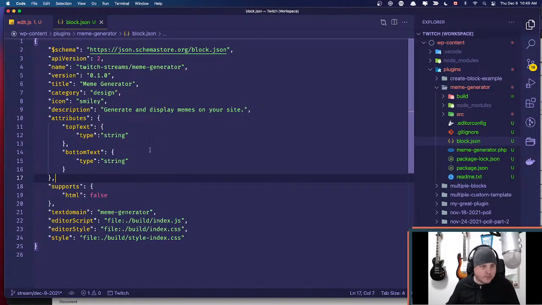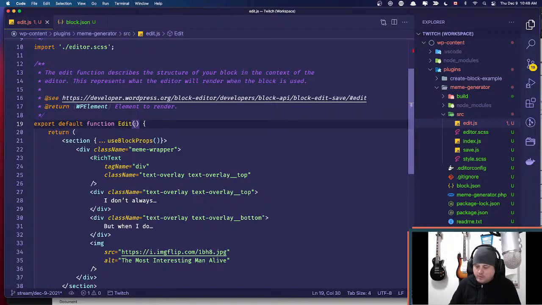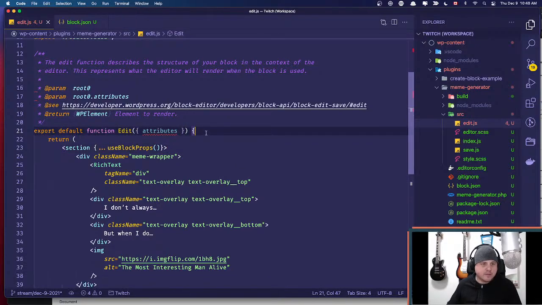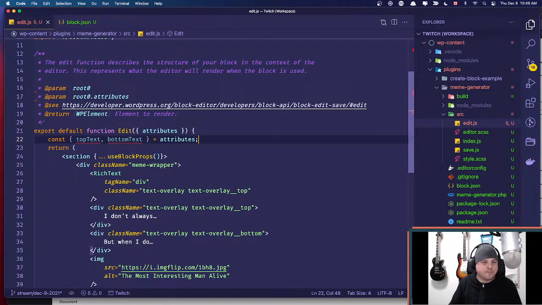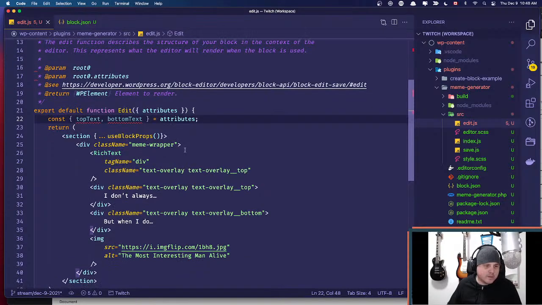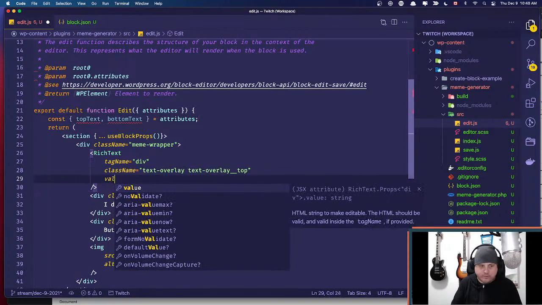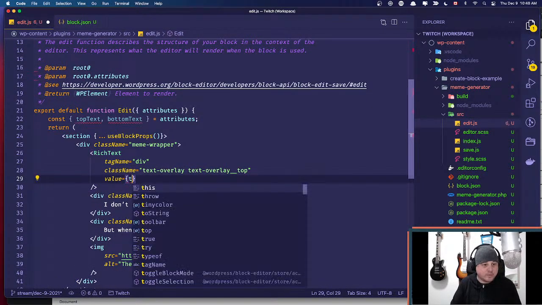And yeah, okay. So now that those are available in our edit, we can now destructure the attributes out of the props object that's passed, and then we can go on further and say top text, bottom text, type equals attributes, right? Cool. You can also do this inline here. We don't have to right at the moment. Great. So then the value of this is going to be whatever top text is set to,